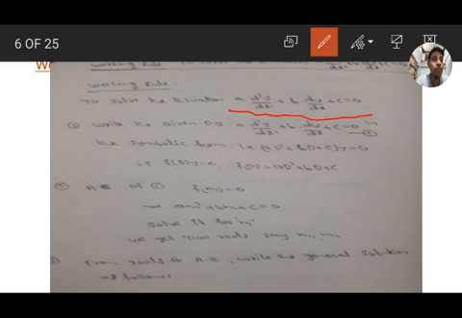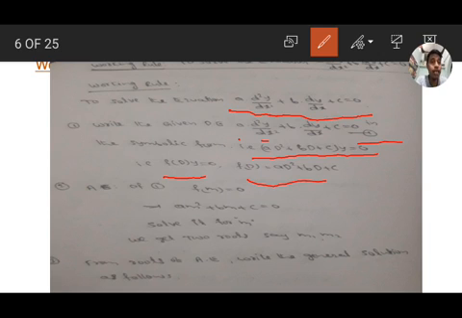So, the given differential equation a d²y/dx² + b dy/dx + c = 0 in symbolic form is (aD² + bD + c)y = 0. That is f(D)y = 0, where f(D) = aD² + bD + c. We learned the symbolic form in the previous slide. Like that, we first convert the given differential equation into symbolic form f(D)y = 0, where f(D) = aD² + bD + c.